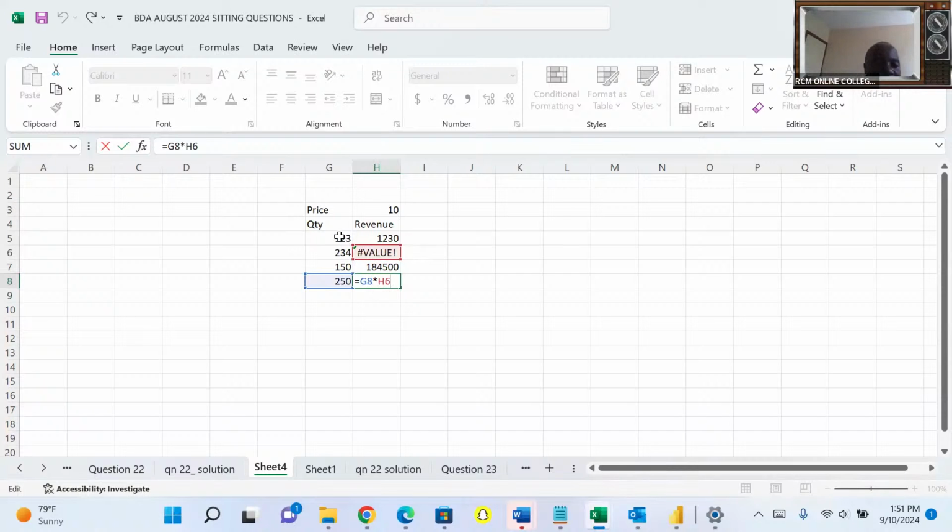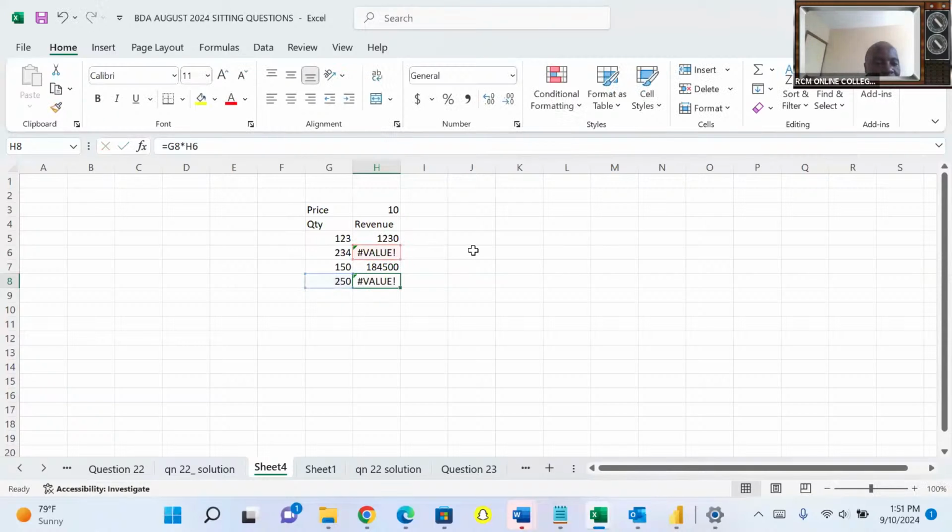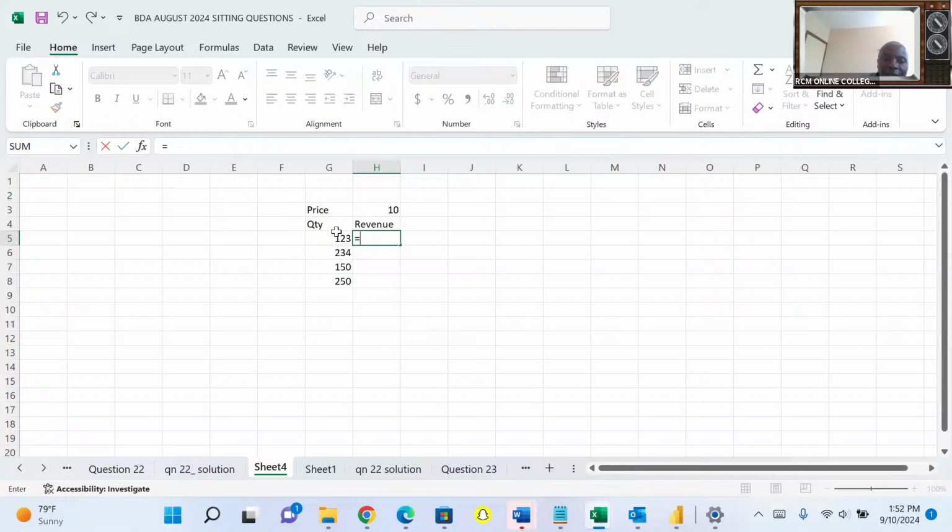I would want the quantity reference to change, but I don't want the price to change totally. So I press Control Z to undo. Then I say equals, pick the quantity, times the price. I would want this price to be applicable forever downwards, meaning I need to dollarize it. To dollarize it, you use F4. If you look at your computer, up there we have the F functions, F1 all the way to F12.